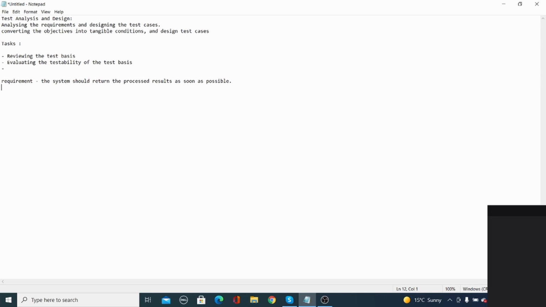One statement can be one requirement. Normally you need to break it down. As an example, I'm using a calculator and I expect that if you put 2 plus 2 equals 4, it should return ASAP, as soon as possible. But from the testing point of view, this requirement is not testable. Why?